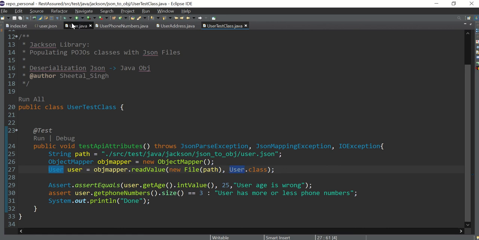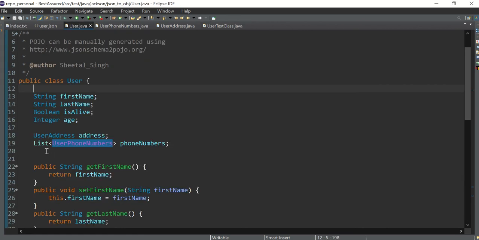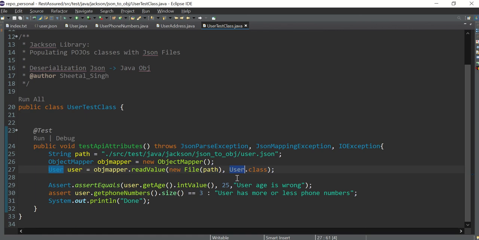This is our base class which is holding all the things, right? This is the main class, so we are giving a reference of that user.class, and with that, see, our Java object has been created just by this one line. It's so easy, right? Now you have the object of your user. Now with that user, you can read any value, just like in getters and setters, we are reading everything.